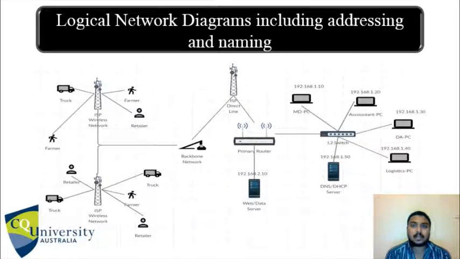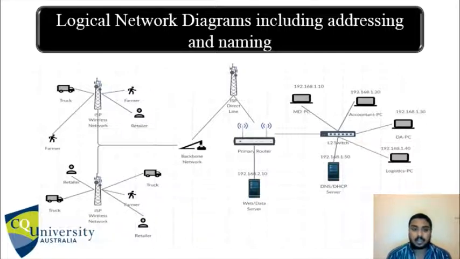This is a logical network diagram including addressing and naming. In this network diagram, we have VLAN, subnet, names, labels, network address and subnet mask, and devices such as routers, VPN devices and firewall, crucial servers, for example DNS, IP address, logical interface, and routing protocol. This network diagram shows how the computer network devices, for example router and switch, connect with the internet. It is widely used in network architecture design. A typical use of network diagrams is tracking down network issues by stating how the computers and devices are connected and interrelated to send data from source to the destination.